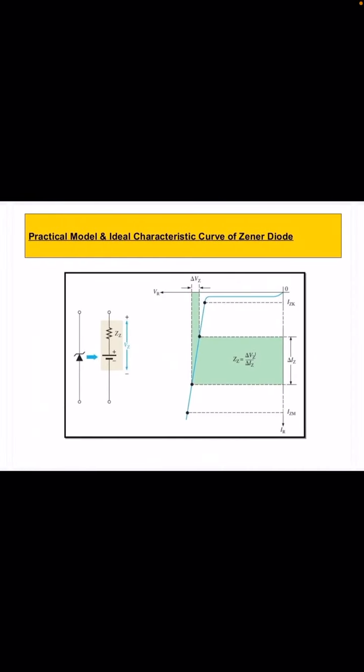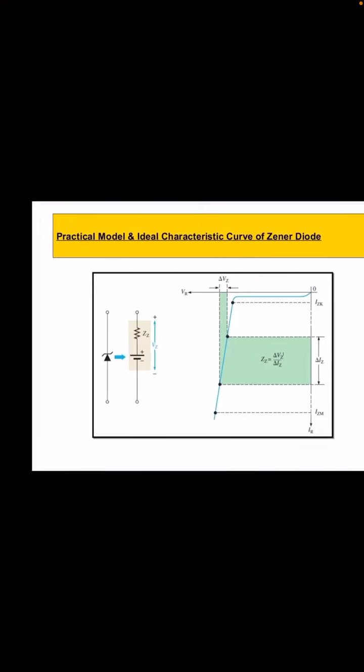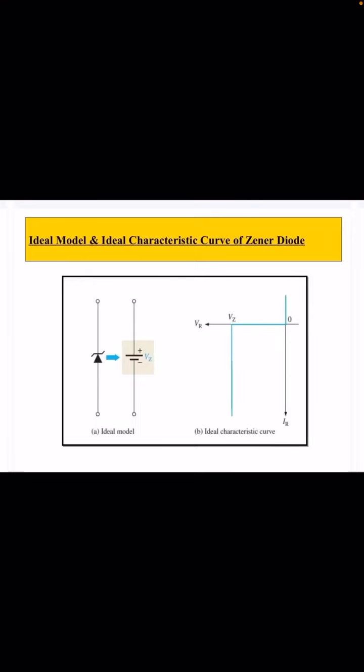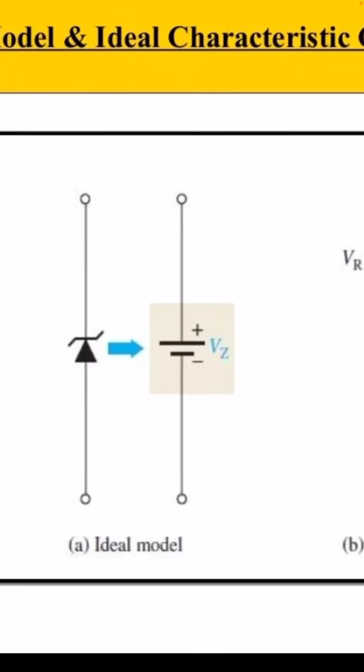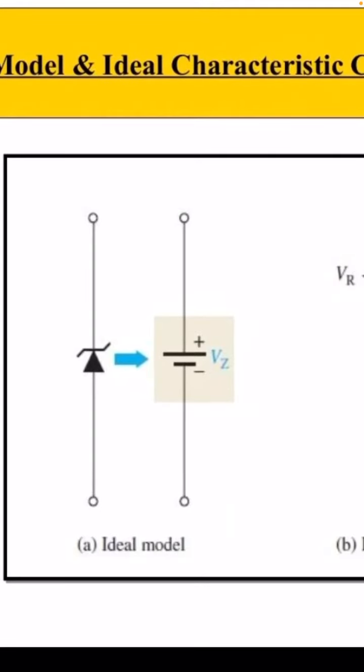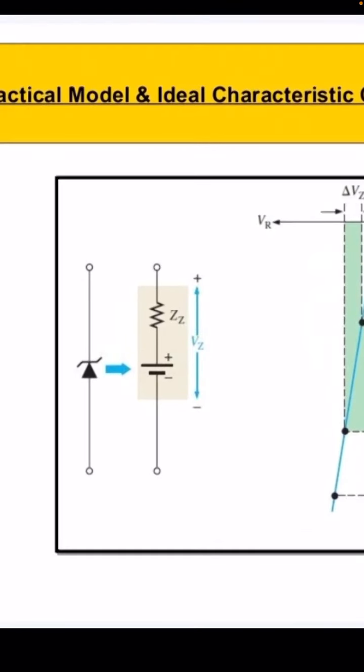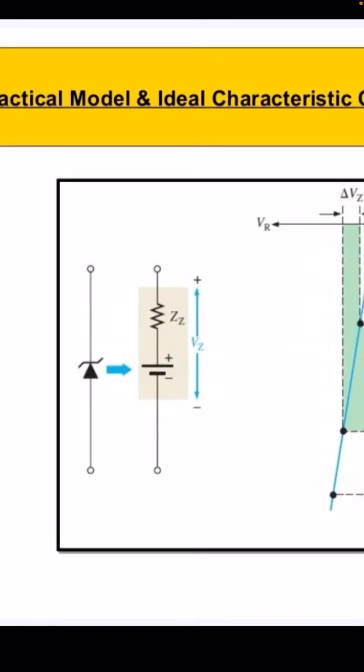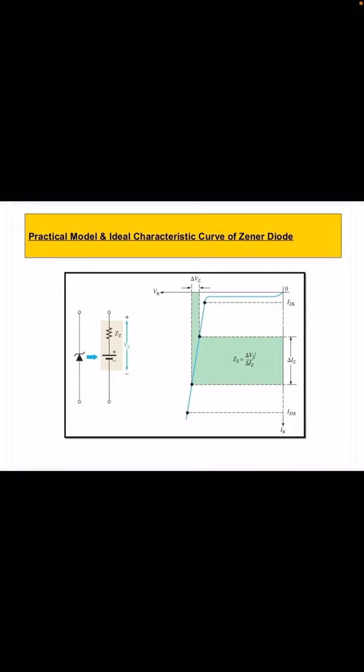So practically what happens? You can also see the difference in the equivalent circuit, just in the ideal model. As you can see here, in the ideal circuit just a diode, 2 electrodes are shown, but here a resistor is also shown, which is ZZ, meaning the impedance. So in the ideal circuit ZZ is 0, meaning the dynamic impedance is 0 in the ideal one, but